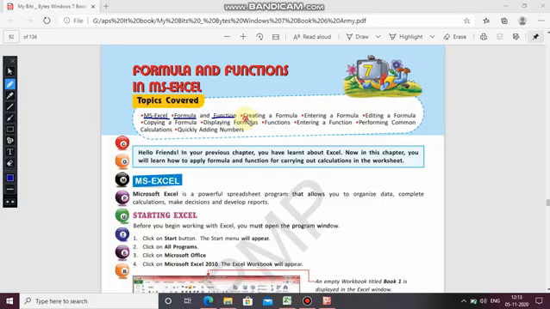So now next one is how will you create a formula and enter the formula in a cell. Also editing the formulas, if you have written, you can edit also. You can copy one formula to the other cell and display that formula. And the next topics which will be covered are related to the function, entering function, performing common calculations, addition, subtractions, average, maximum, minimum, and quickly adding numbers. So these are the topics which we will be covering in this chapter.